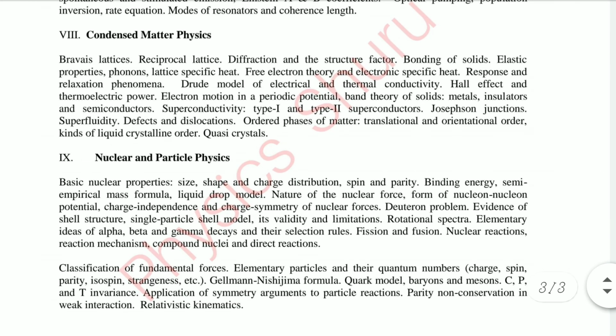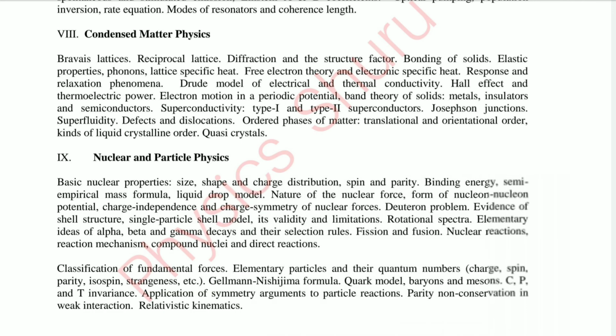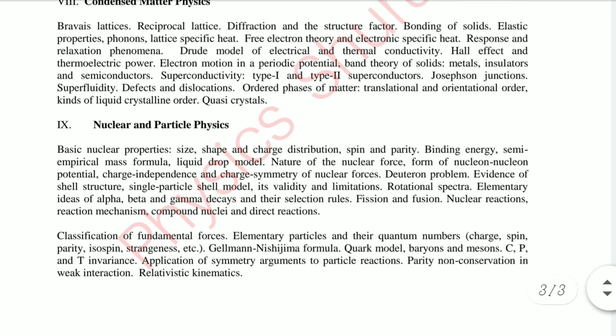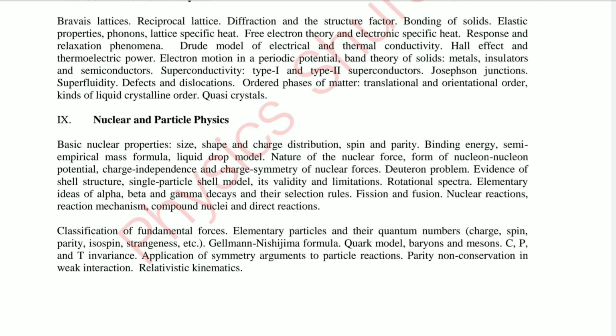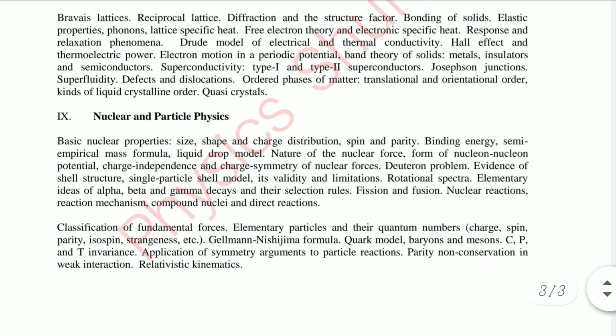And finally in the 9th unit, nuclear and particle physics, you have to read here basic nuclear properties, size, shape, charge distribution, spin and parity, binding energy, semi-empirical mass formula, liquid drop model, nature of the nuclear force, form of nucleon potential, charge independence and charge symmetry of nuclear forces, deuteron problem, evidence of shell structure, single particle shell model, its validity and limitations, rotational spectra, elementary ideas of alpha, beta and gamma decay and their selection rules, fission and fusion, nuclear reactions mechanism, compound nuclei